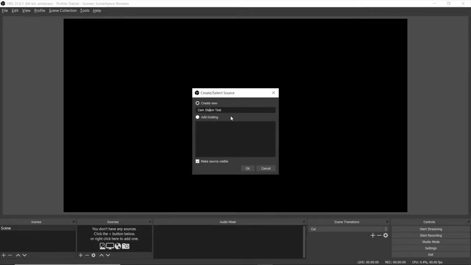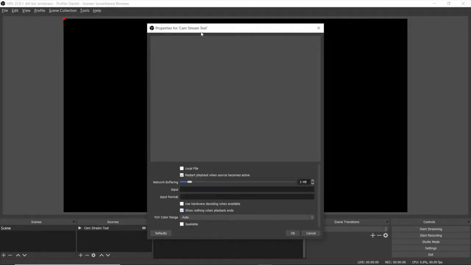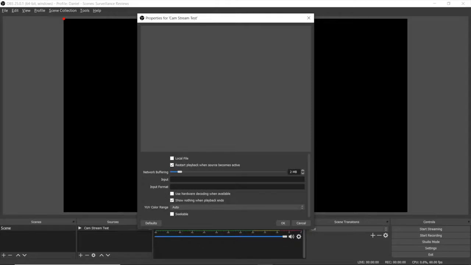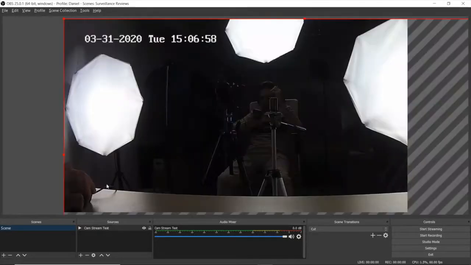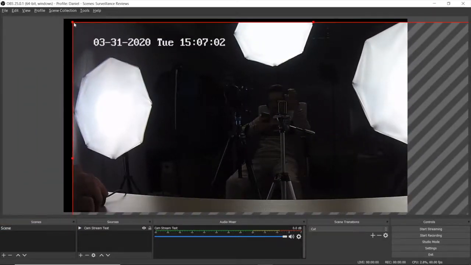Now you need to uncheck the local file, and that RTSP link that we've created, you put right here in the input field. So there goes mine. Paste it, press OK, and if done right, your camera footage will appear right here,